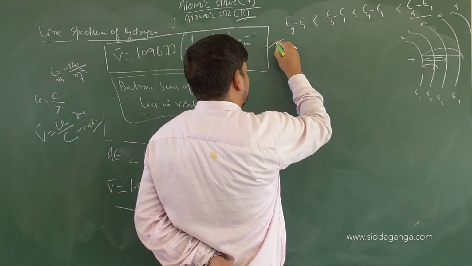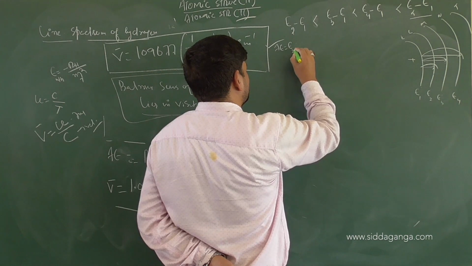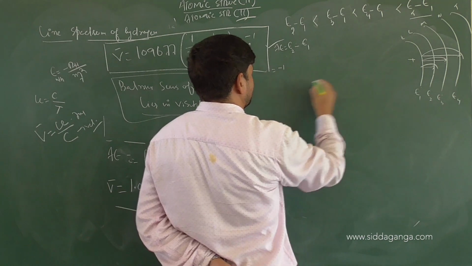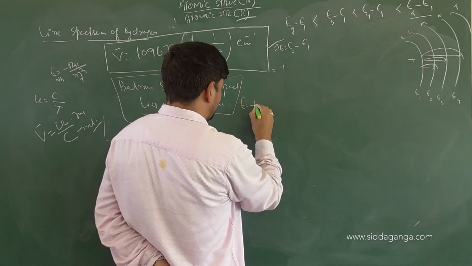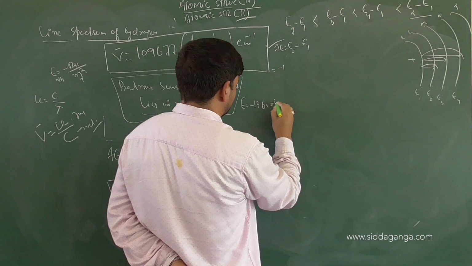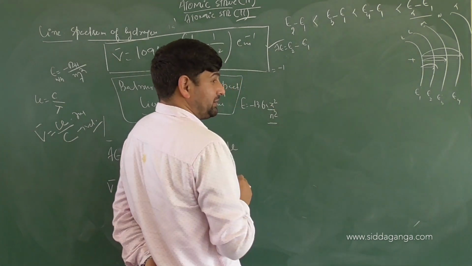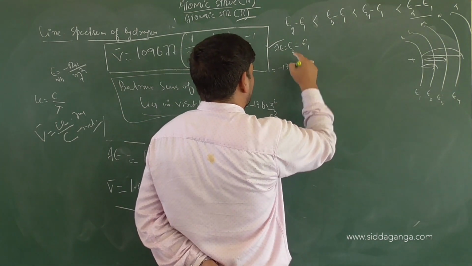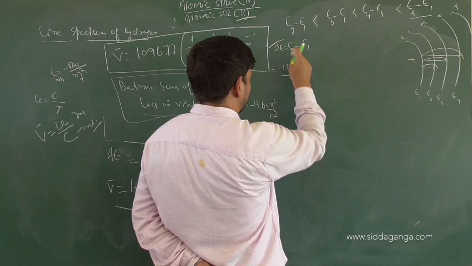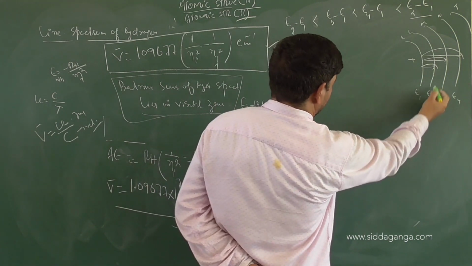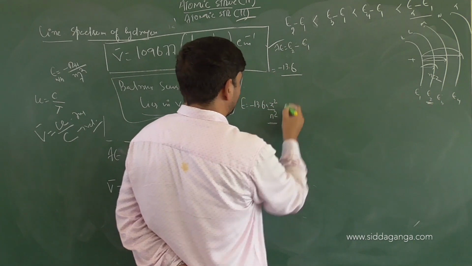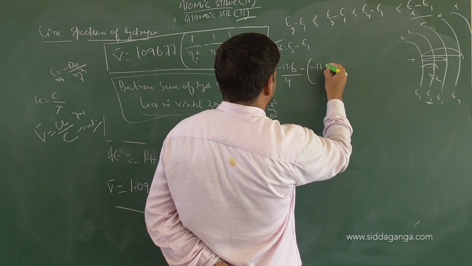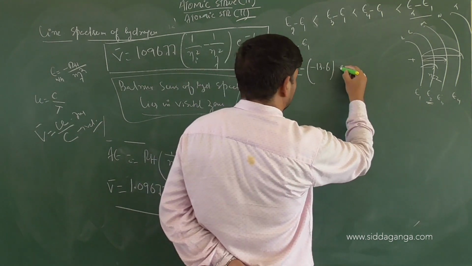So we can find delta E here, which will be equal to E2 minus E1. Now tell me, what is E2 equal to? Energy equals minus 13.6 into Z square by n square, where n is the principal shell in which the electron is present. So minus 13.6. For hydrogen atom, what is Z? 1, divided by 2 squared. We are talking about the second energy level, so n is 2, so it will be divided by 4, minus of minus 13.6. This is in electron volts per atom.